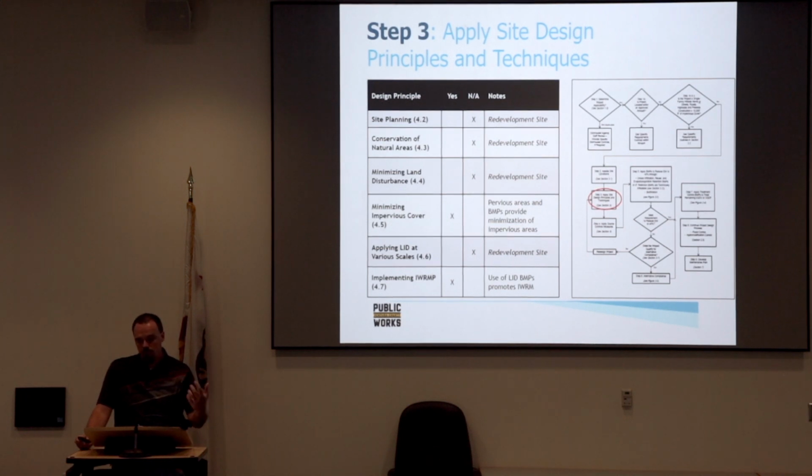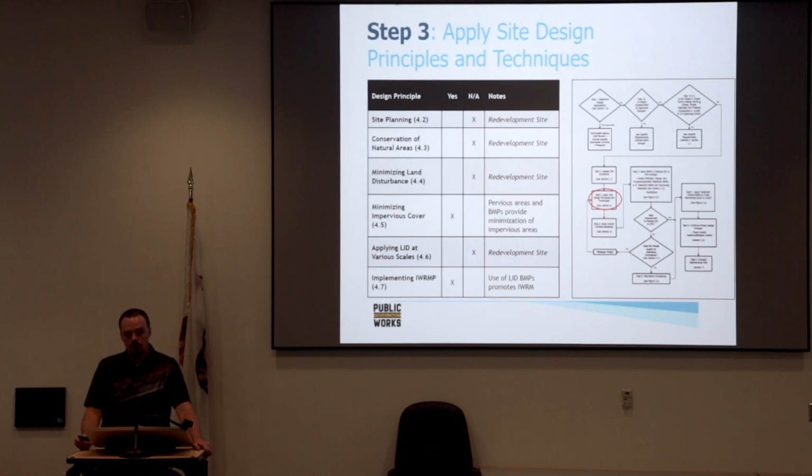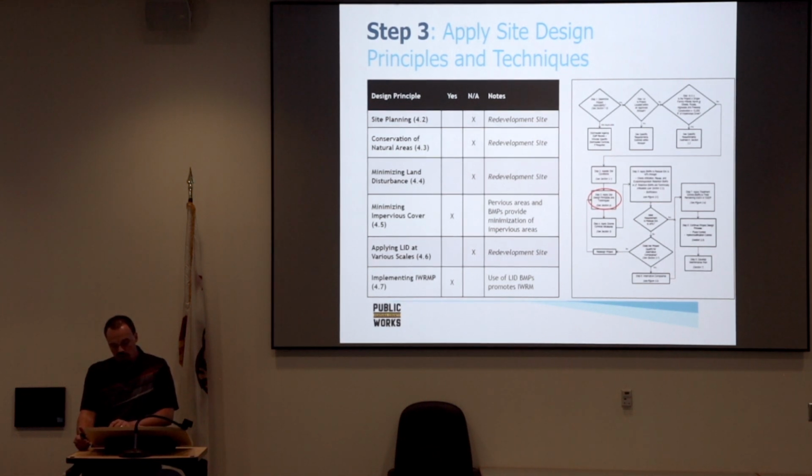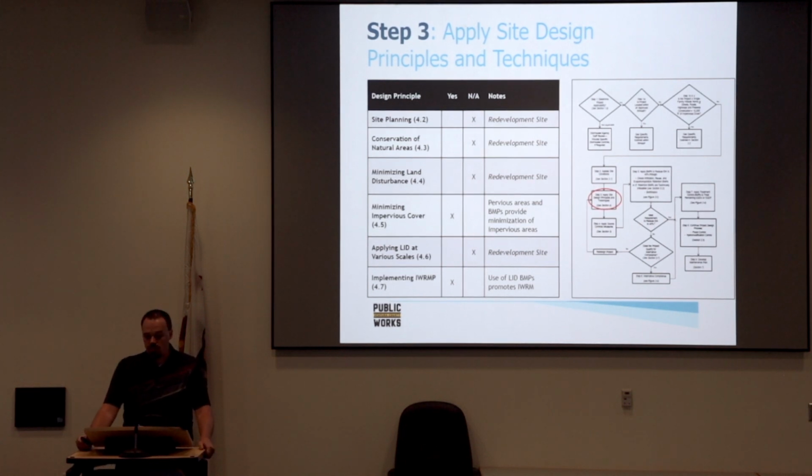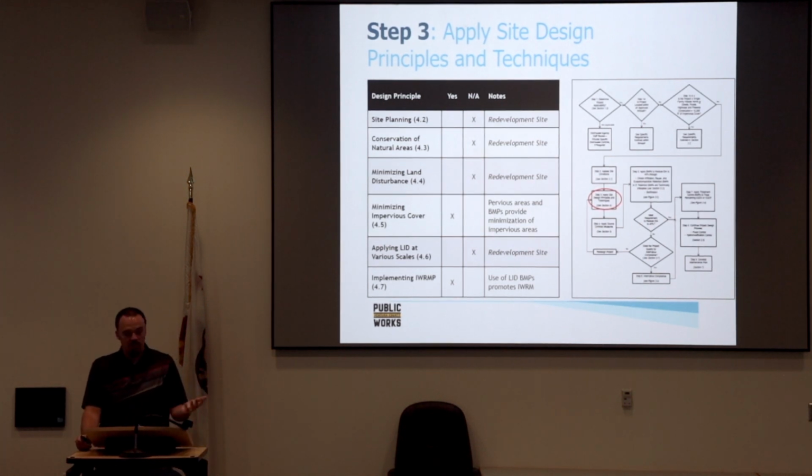It's all part of green construction, trying to minimize the impacts by minimizing impervious surface wherever possible, and then applying LID at various scales, and then implementing the IWRMP, the Integrated Water Resource Management Plan. In 2006, one was created for the Watersheds Coalition of Ventura, and the TGM meets those needs because it's striving for the 4 goals outlined in that plan, and those goals are generally to conserve and augment